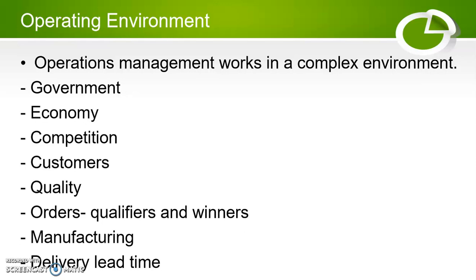So in regards to operations, a company only needs to meet the minimum criteria to be considered part of the competitive set. The difference between order winners and qualifiers is that order qualifiers are competitive standards that make a firm's product viewed as fit for purchase by customers, while order winners are the standards that separate the products and services of one firm from another. To deliver order qualifiers, a firm has to be at least as good as its competition. If a company wants to deliver order winners, it has to surpass its competitors.